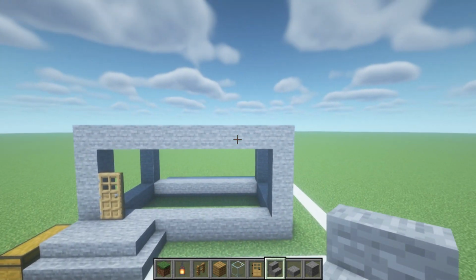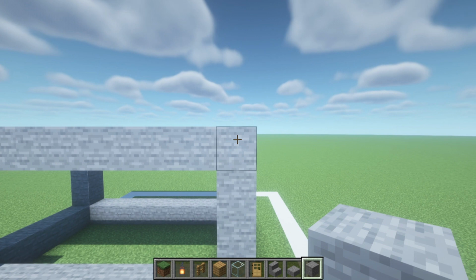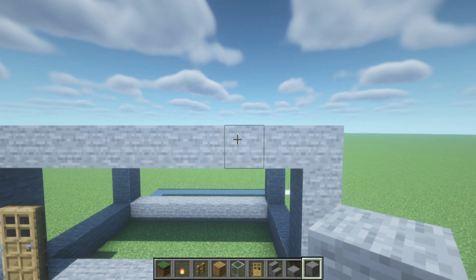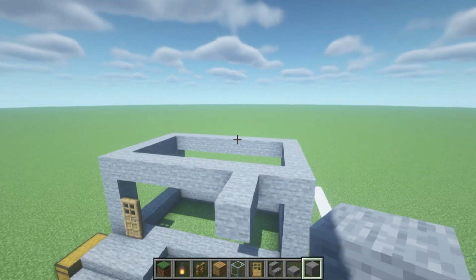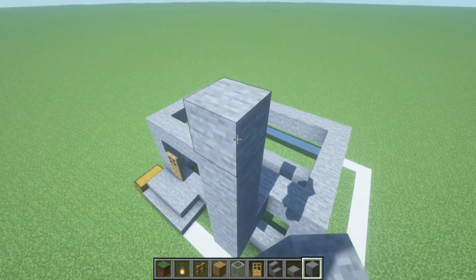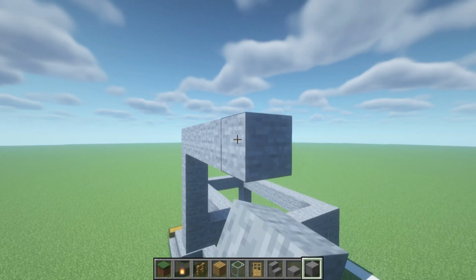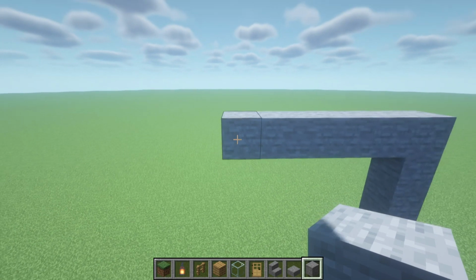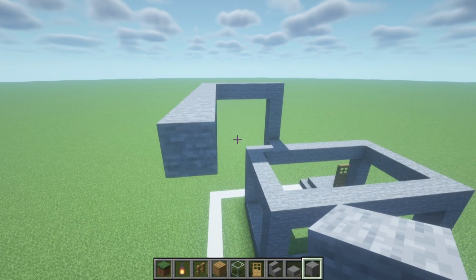The next thing that we will do is at the top front right corner of the house, we just want to move inwards by 1, 2, and then extend outwards by 2, 1, 2. We can then extend up by 4, 1, 2, 3, 4, right by 5, 1, 2, 3, 4, 5, and then we can extend back by 9, 1, 2, 3, 4, 5, 6, 7, 8, 9,